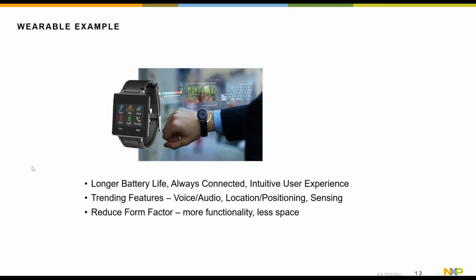So always this idea of silicon. I'll give you a wearable example. We've been working on these for a while, but battery life is a key issue there. You want a small form factor where the batteries are small. You can't have a large battery on your wrist, as an example.